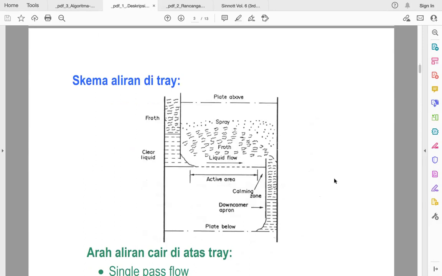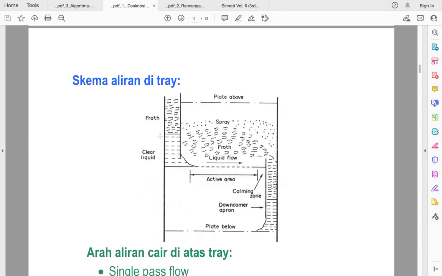Right. Okay, so let's look at the type of flow in the tray. Yes, skema aliran di tray. Okay, so if we sketch, this is the tray, for one tray. And then we have a plate above here. Then we know that around this area the plate has holes, like a sieve, right? And in this part there is a liquid from the top, and then it will have a hold up around here in the weir there,